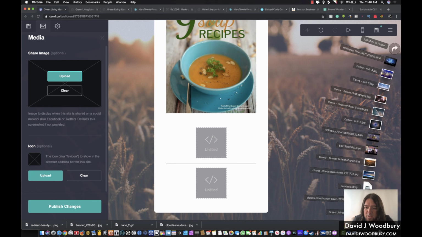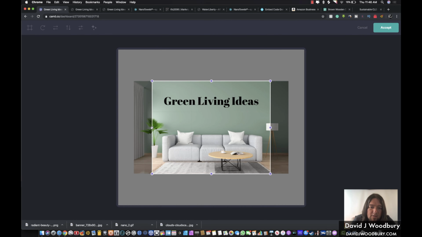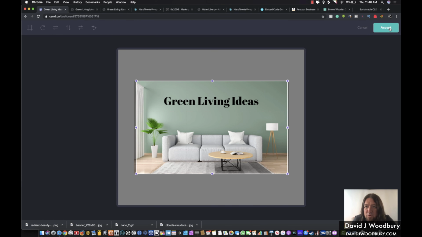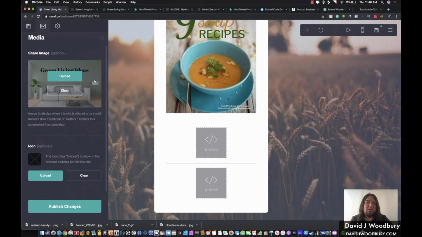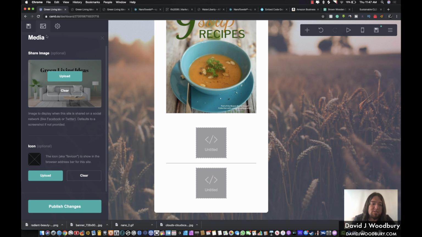grab that image, and then I can drag it over this upload button. So now I can maybe select this area of the image to be visible. So now anytime I share this link, my website, on social media, on Facebook or whatever, this little image will populate so that people know exactly what it is. And then it will also show this information here below it and this title. So now we'll have that image and the title and description all there for people to see exactly what we're